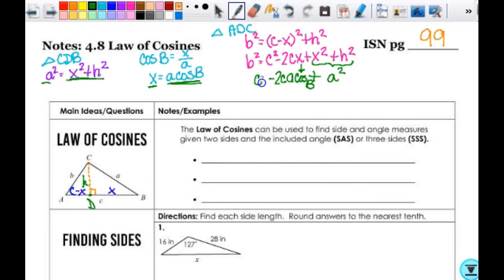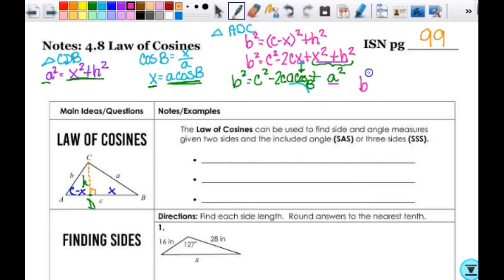And then before that was the C squared, and that's backing it up there. So I replaced this right here that says A cosine of B. Replace the x, and then the x plus h squared is replaced by A squared. So I would need to rewrite it anyway, because I'm going to rearrange it. We usually write our letters alphabetically, so I'm going to